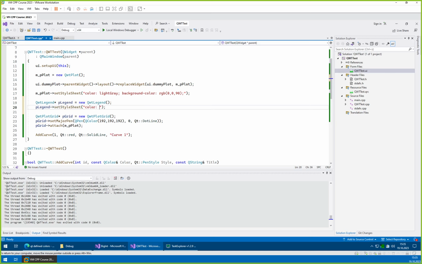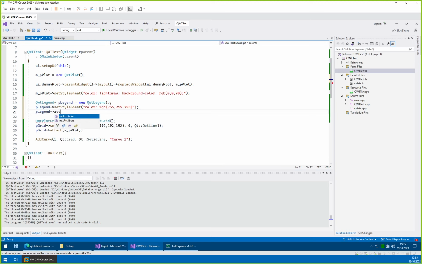What color do we want? Let's go with RGB again, and let's start with white. Maybe here it will look nice. If not, then we change it later. Nope, this time it's different. Plot insert legend,